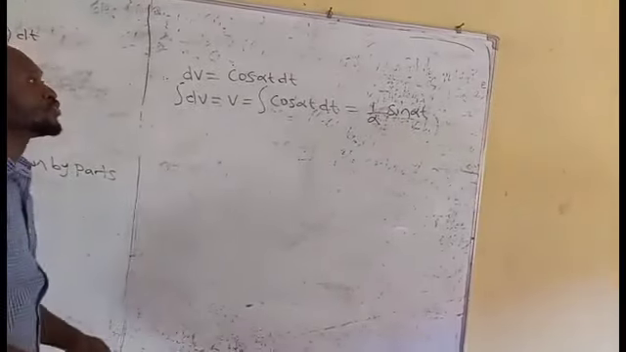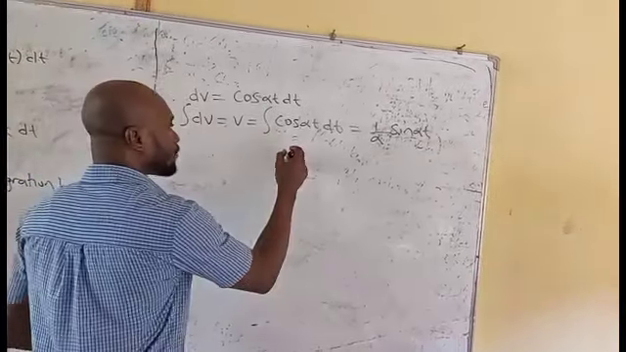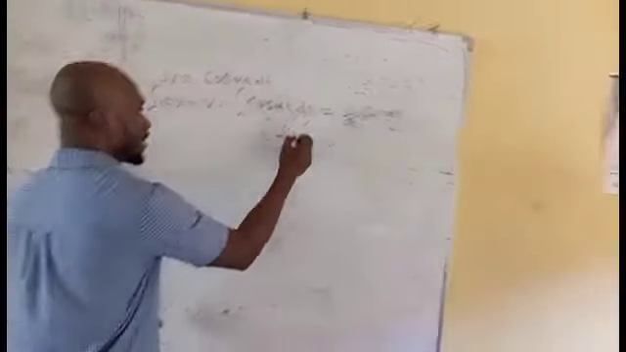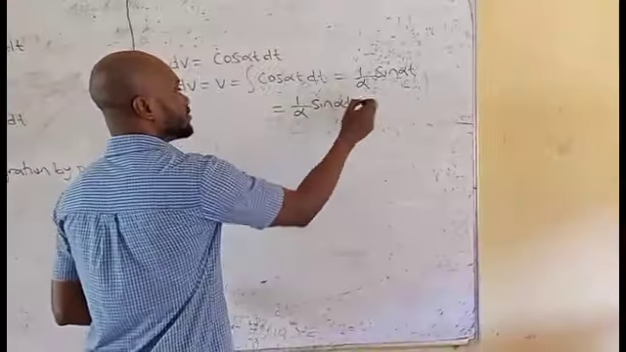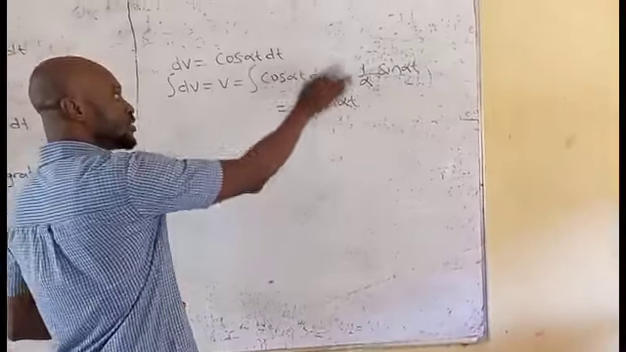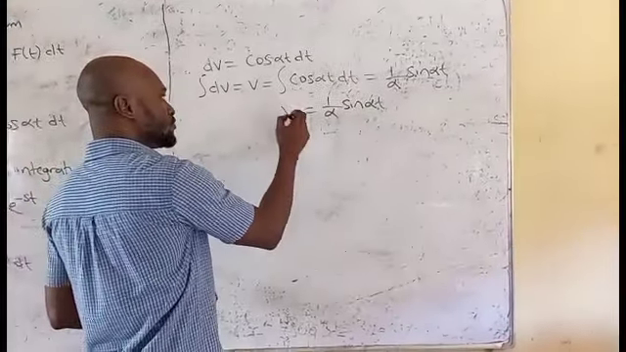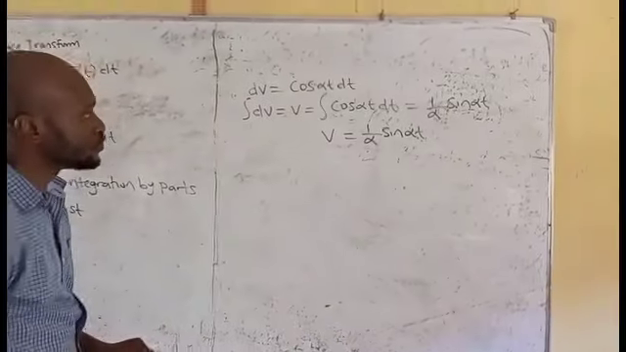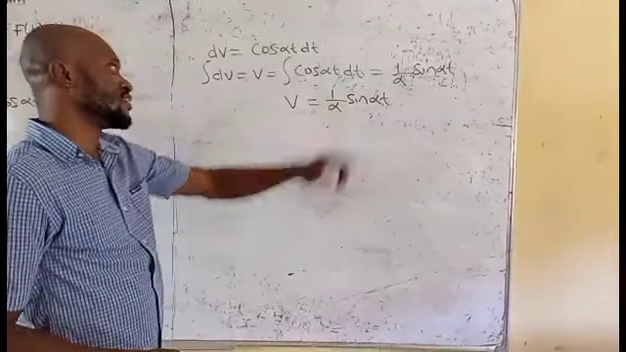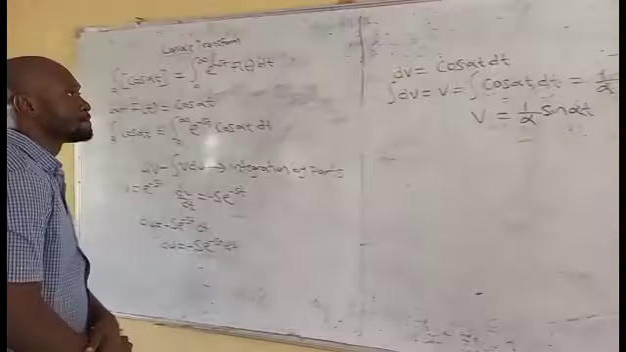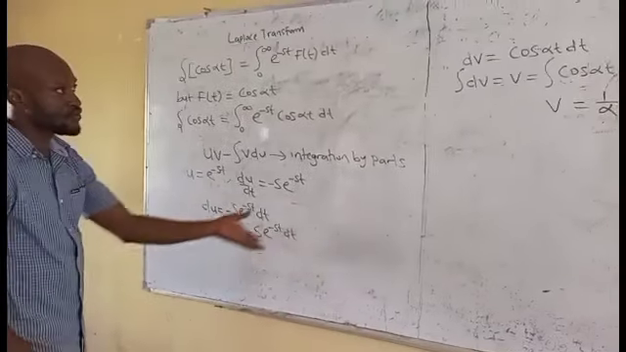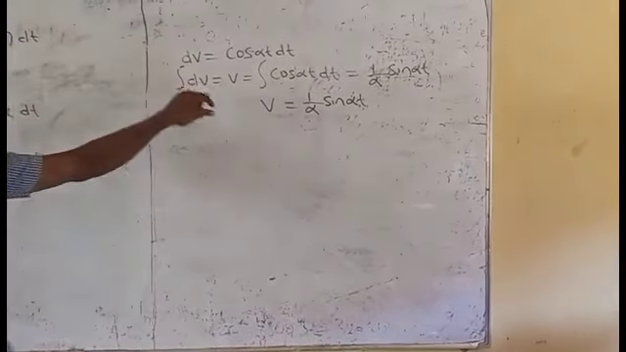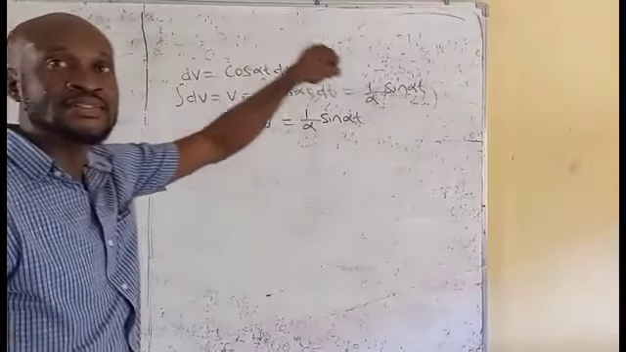So it's assumed that it's more than 1. So you have 1 over alpha sine alpha t. By the time you do your integration, everything now will give you v. So finally your thing will give you 1 over alpha sine alpha t. You understand? Now all these values you have, I'm going to put into the integration